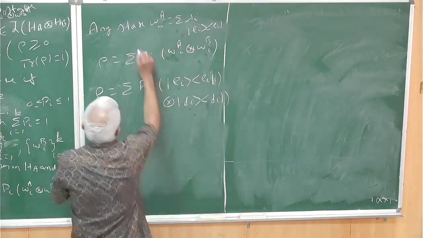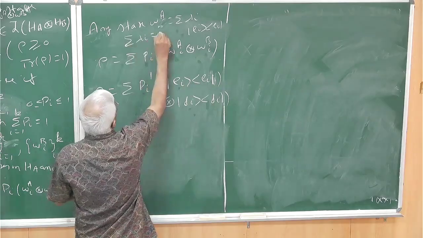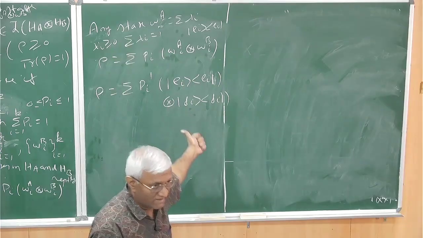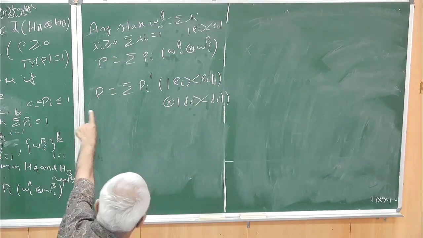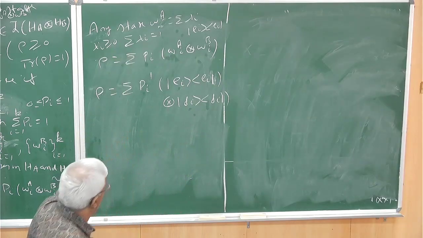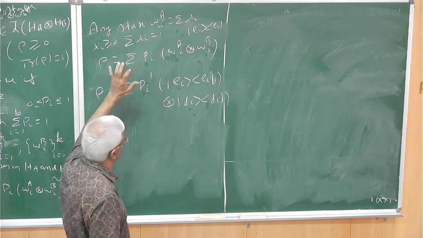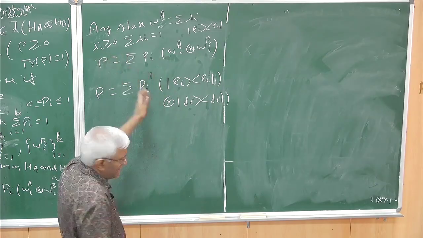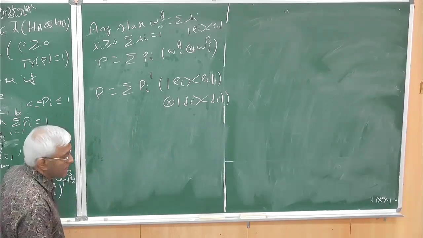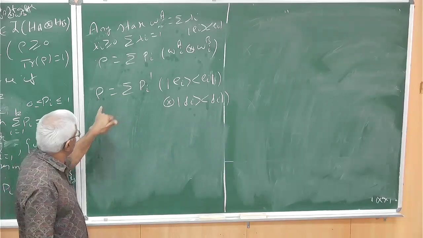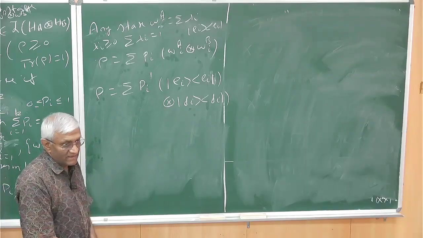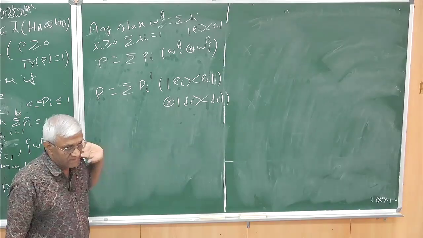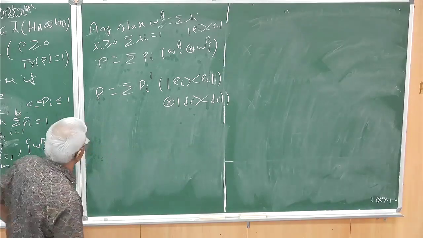Summation lambda_i should be equal to 1, and lambda_i is greater than or equal to 0, because it's a state. The trace has to be equal to 1. So when you take out the lambda_i, everything, that will again be a probability distribution like that. You can verify it, it's an algebra verification. Because of that, any rho can be written like this. So you can decompose it as product states, which are pure states.